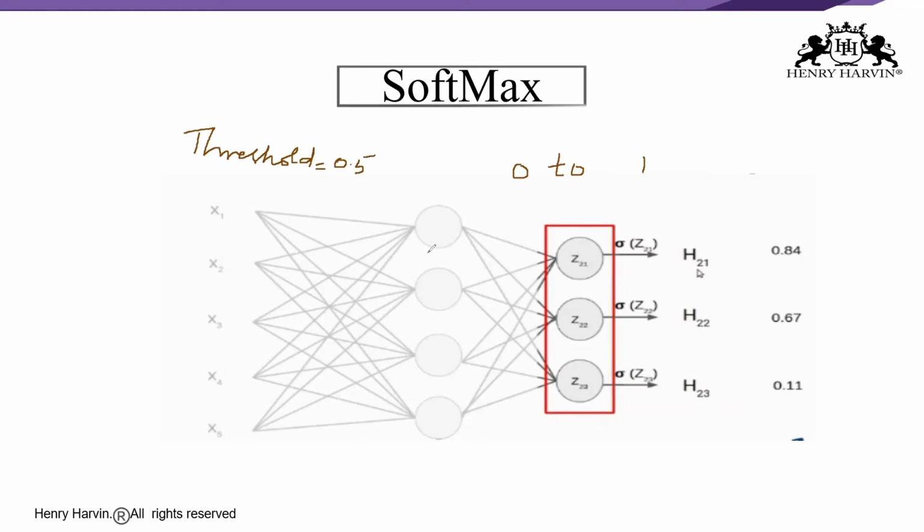This network says the input data point belongs to two classes. Secondly, these probability values are independent of each other. That means the probability that the data point belongs to class 1 does not take into account the other two classes. The next one is about the activation function.